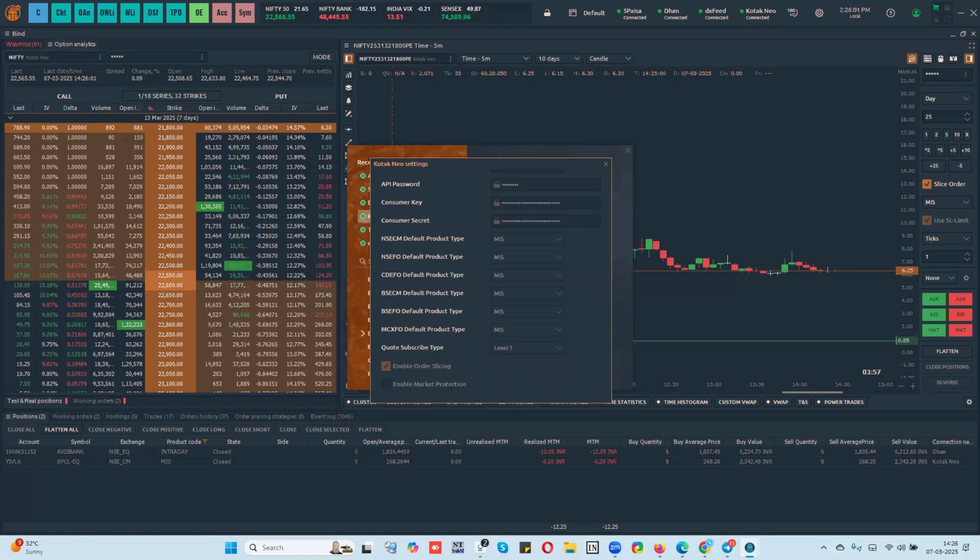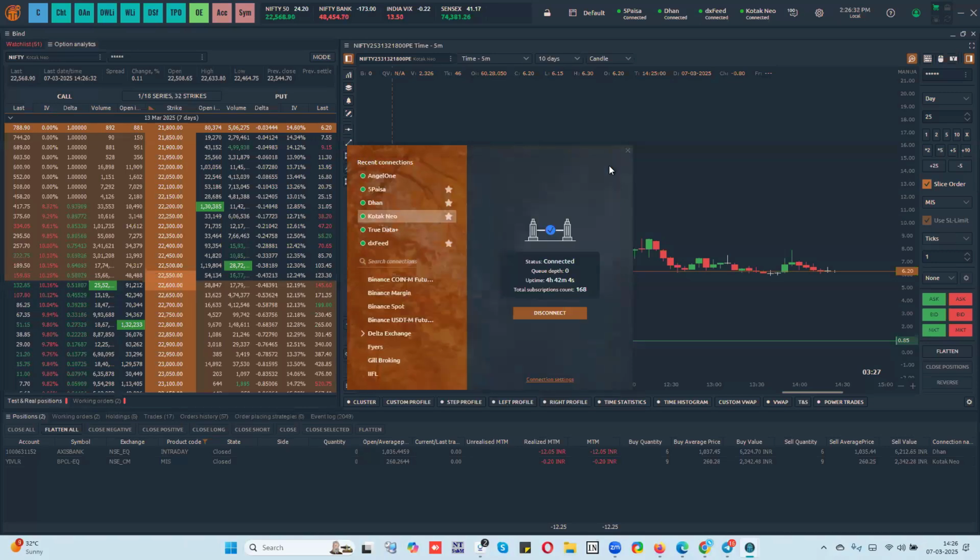So what is market protection? Market protection is something where, even if you place an order here at market, the order will go as a limit order with a certain offset price, like a percentage. So your orders will not go as a market order. This may be particularly useful when you're trading bigger quantities, and there is a possibility of sudden market movement. You can save yourself from slippages, or in the case of wild swings in the market.